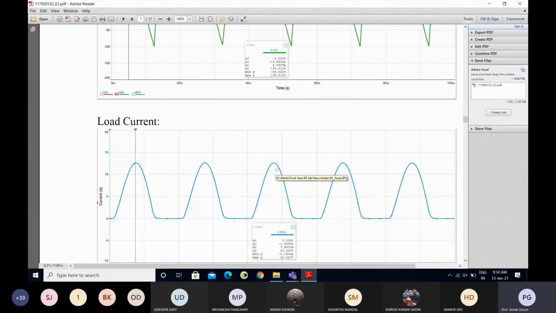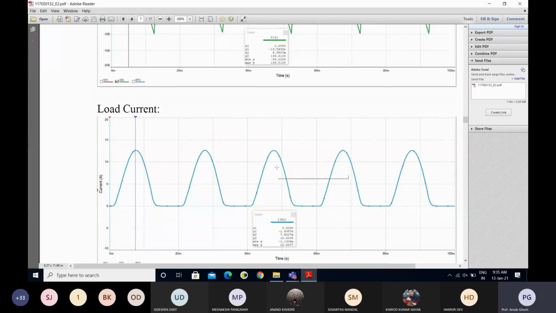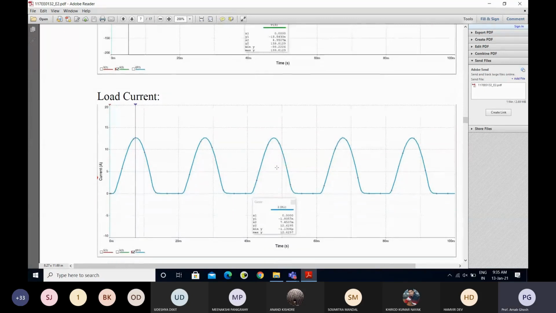No. When you plot one graph, you have to take a minimum of 5 or 6 readings. Otherwise, how do you plot the graph? So like that: 30, 60, 90, 120, 150, 180.